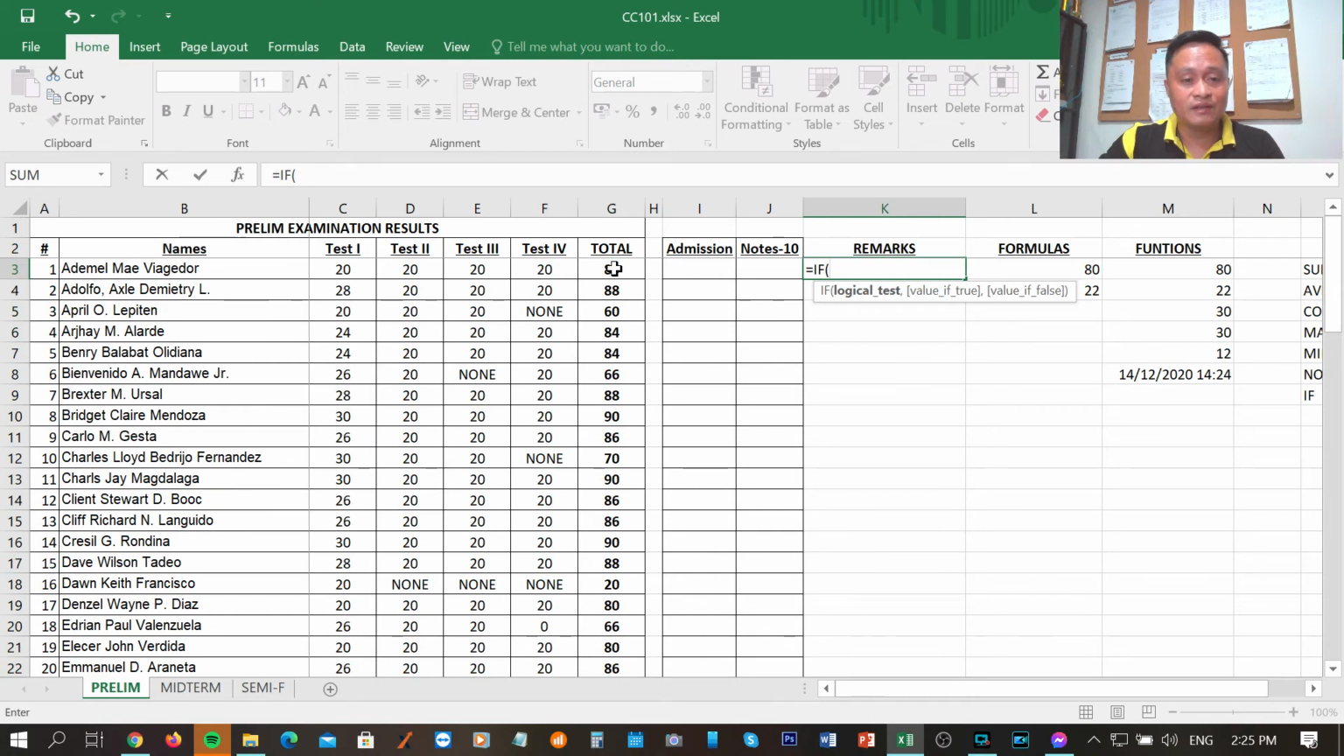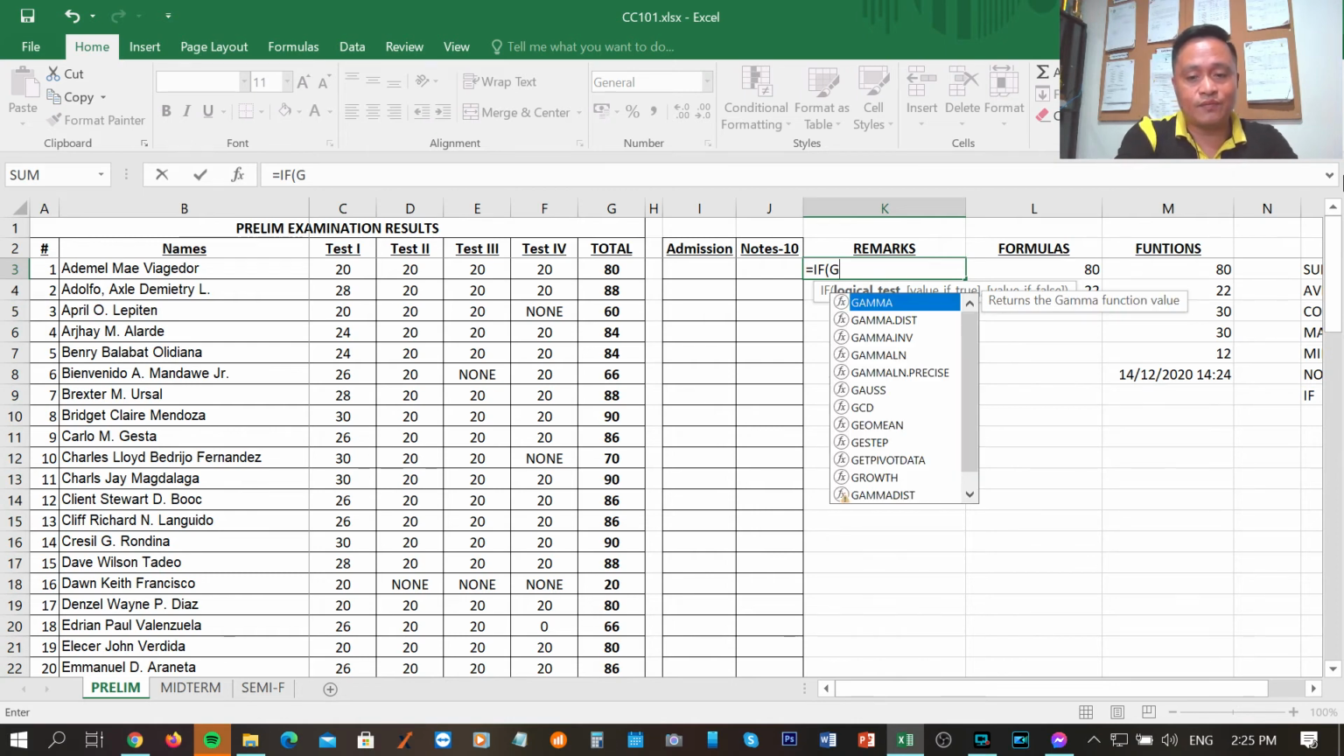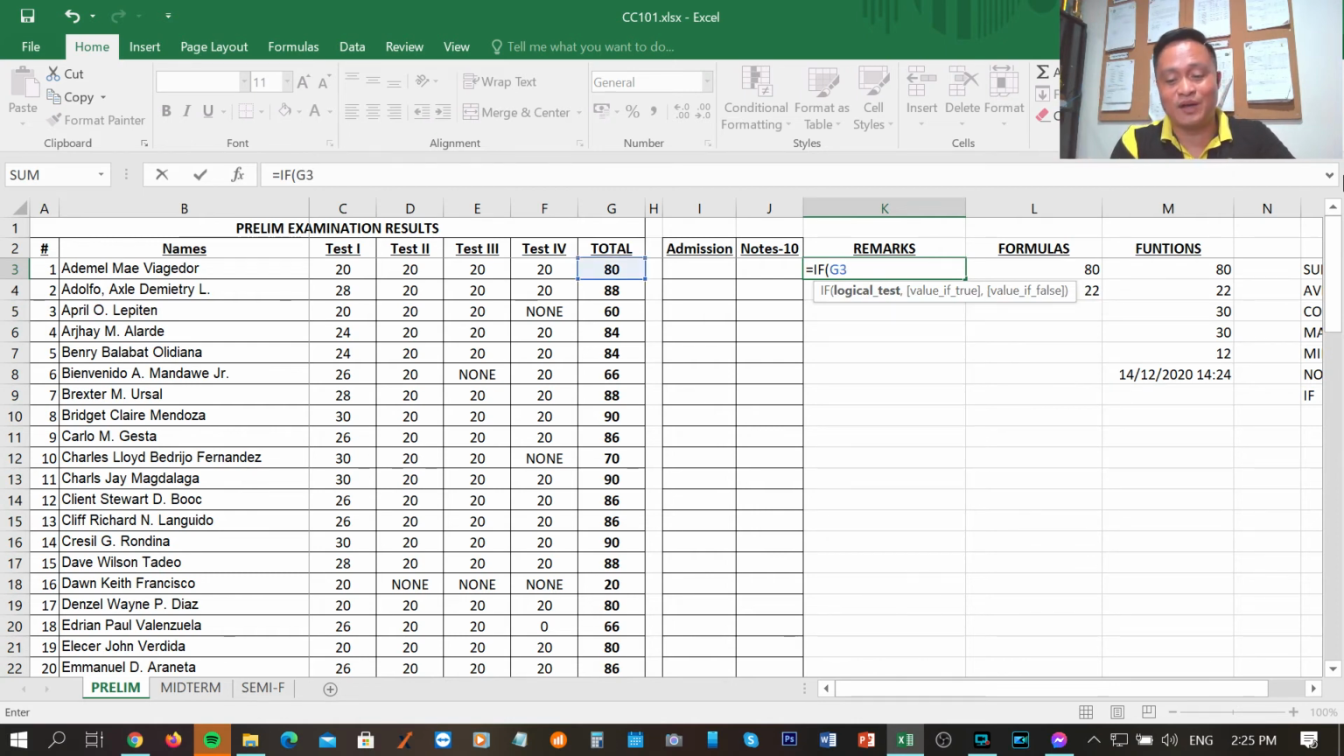That's G3. The total score of the student is located at G3. So you'll be asking if G3 is greater than or equal to, say, the passing score, which is 60. So if that condition is true, meaning if G3 is greater than or equal to 60,